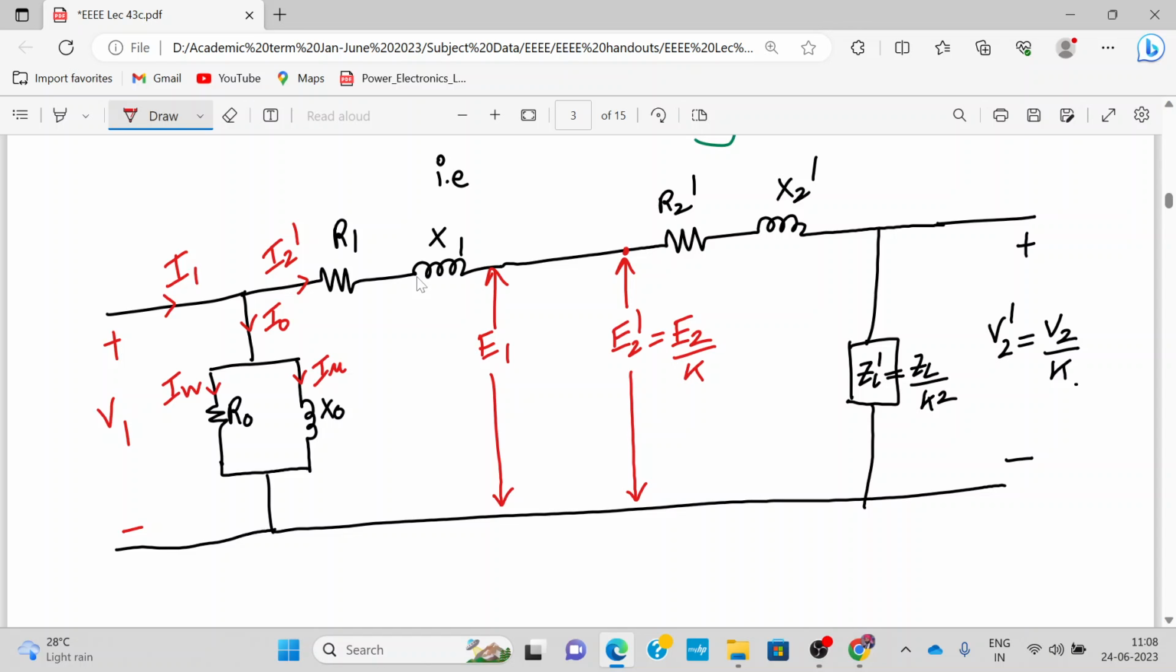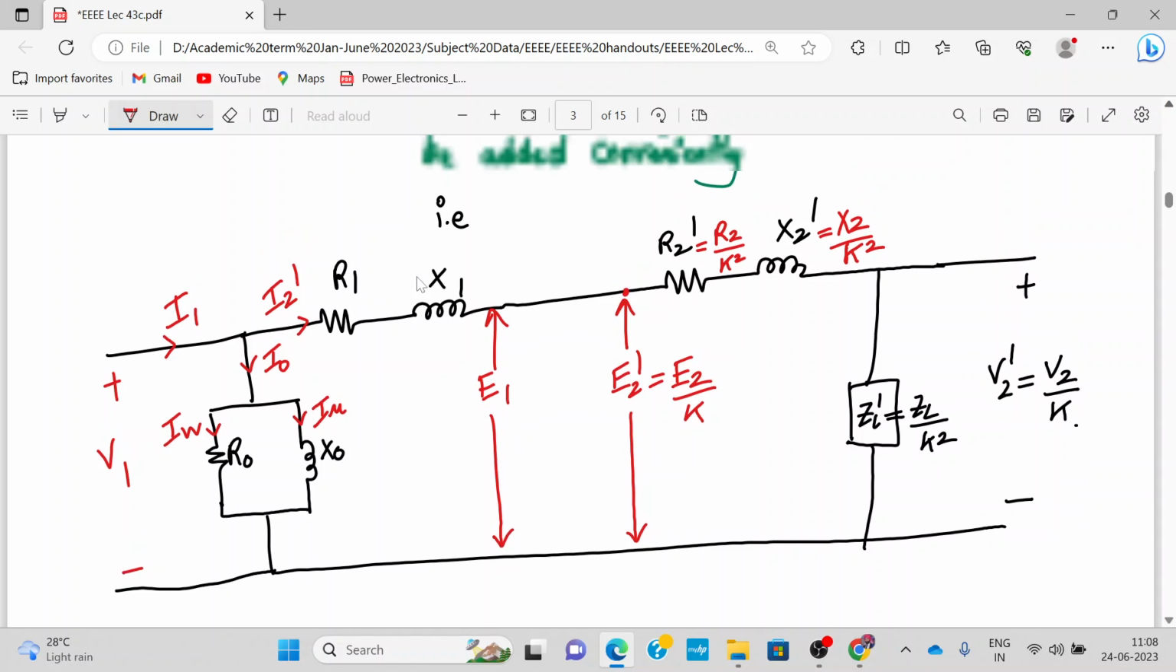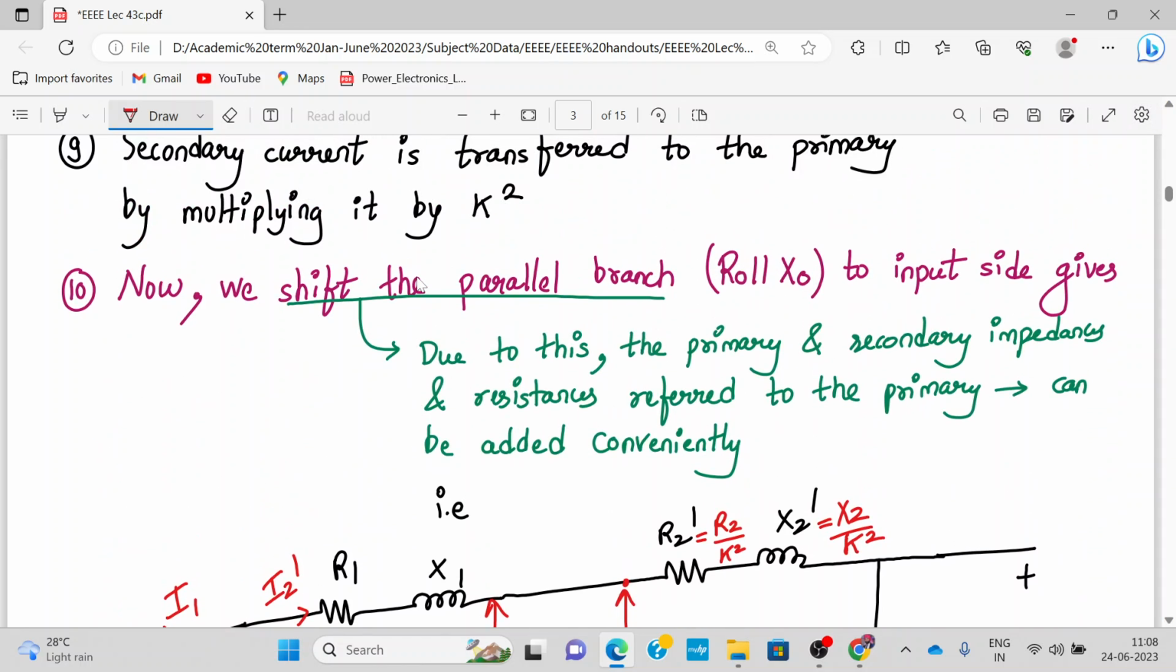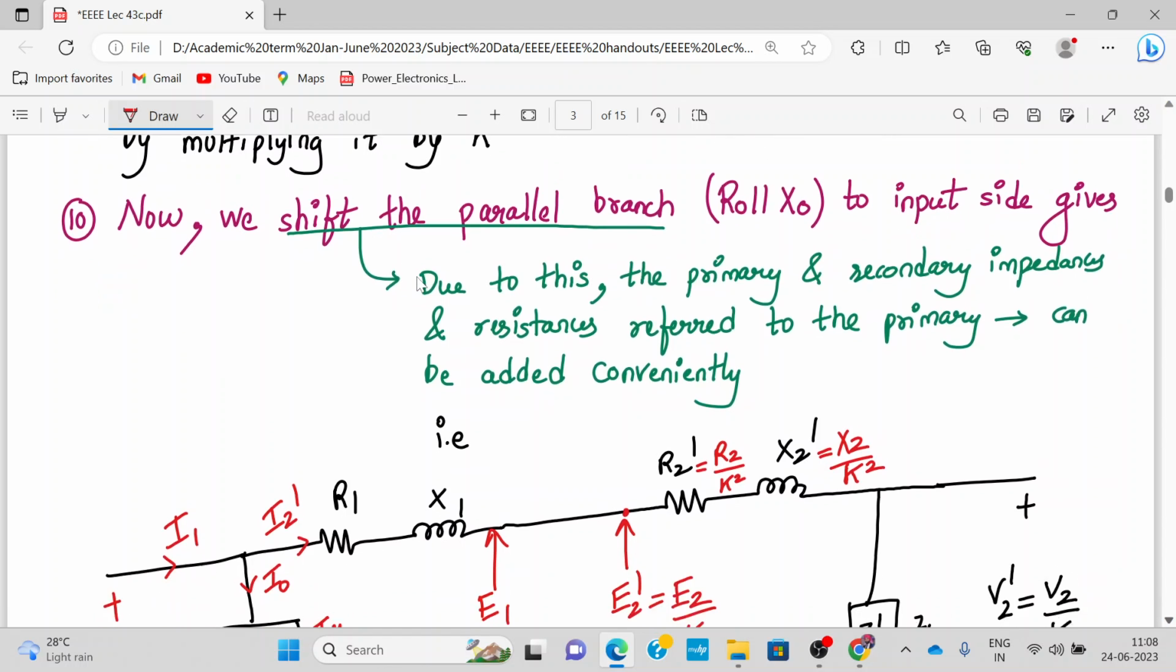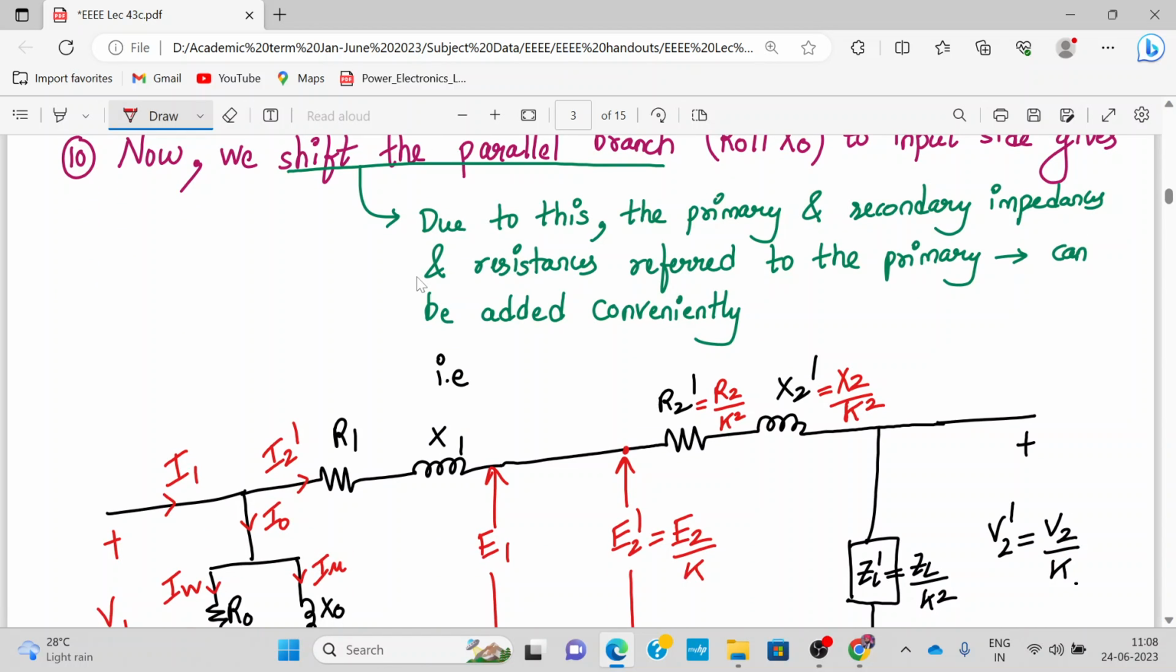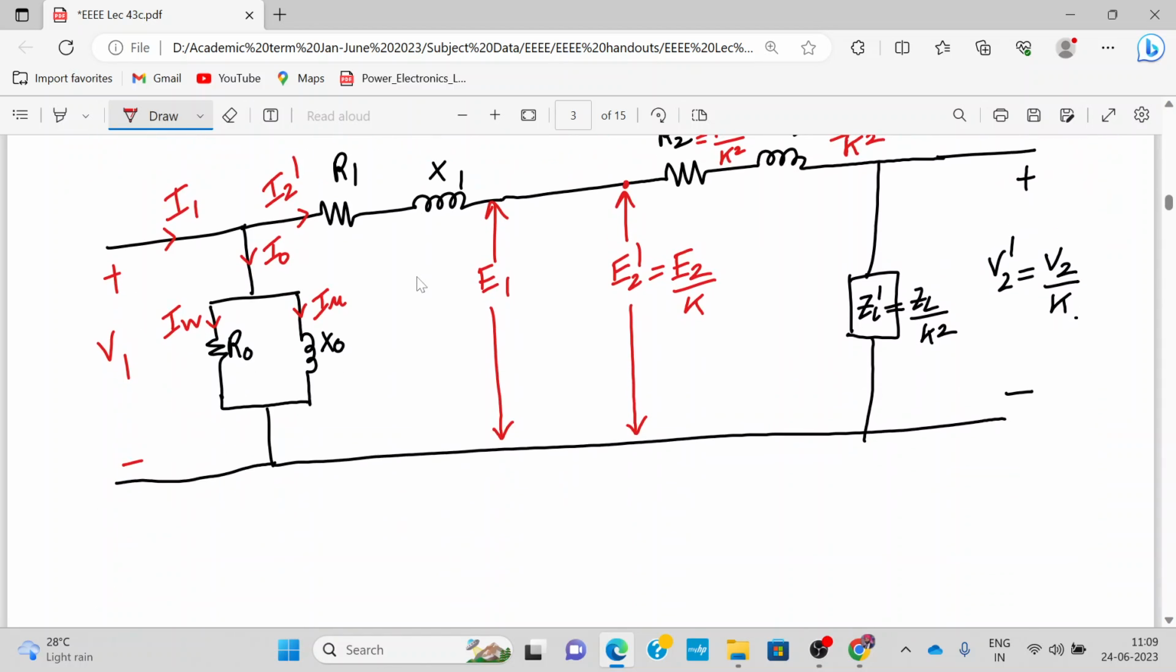Alright, so this is how we have shifted this parallel branch R0 parallel to X0 to the input side. Now what it is doing is, let me write this formula: R2 divided by K square, this is R2 dash, and X2 divided by K square, this is X2 dash. Due to this, the primary and the secondary impedance and the resistance referred to the primary can be added conveniently. So that's the advantage. So how can it be added conveniently? We can add